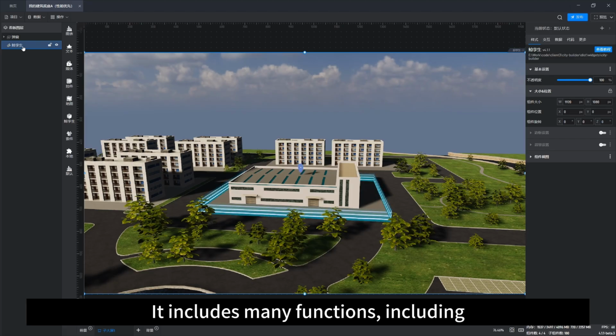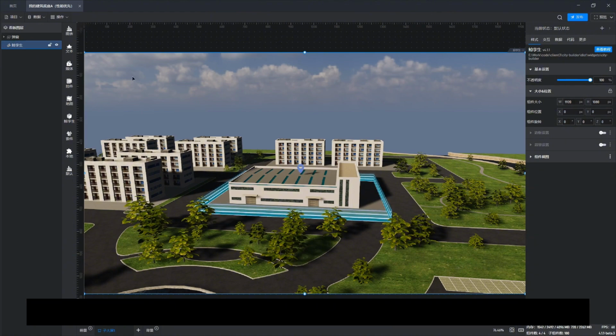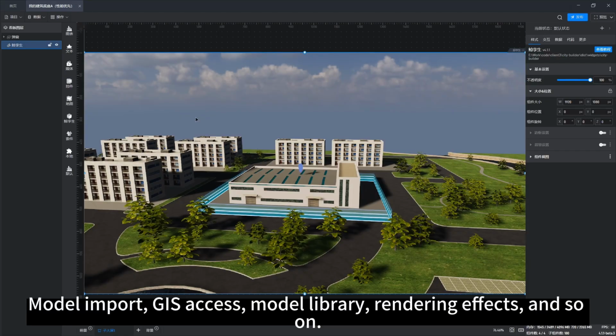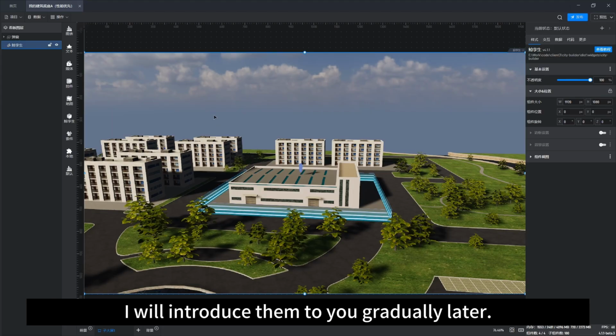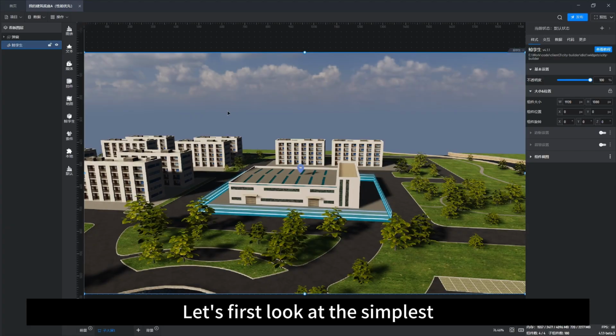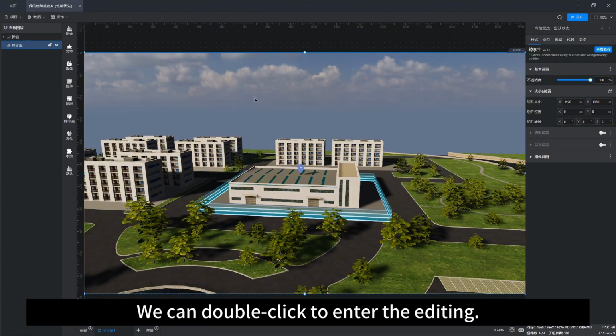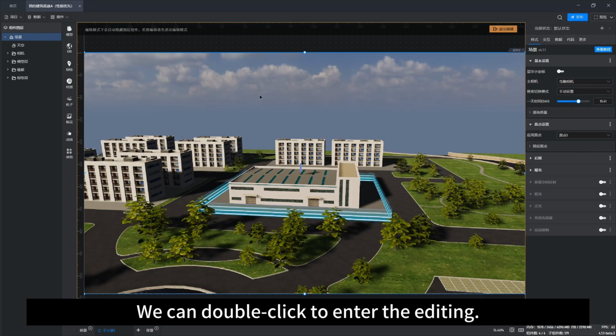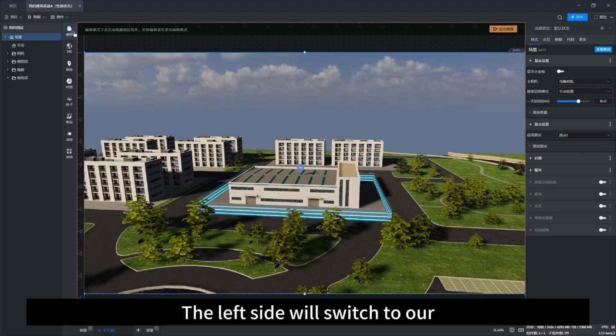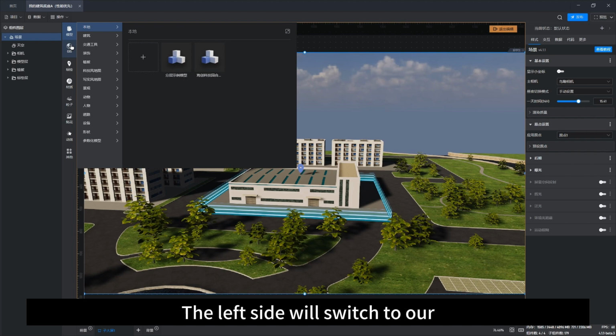It includes many functions, including Model Import, GIS Access, Model Library, Rendering Effects, and so on. I will introduce them to you gradually later. Let's first look at the simplest one, the Whale Twin editing. We can double-click to enter the editing. The left side will switch to our